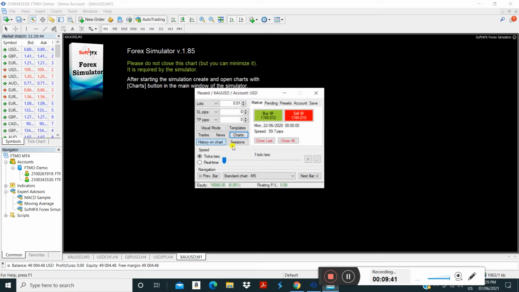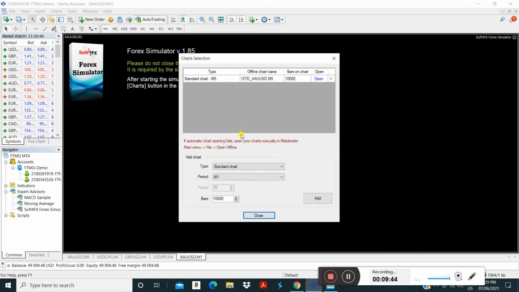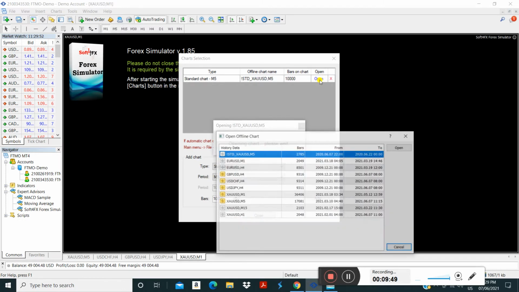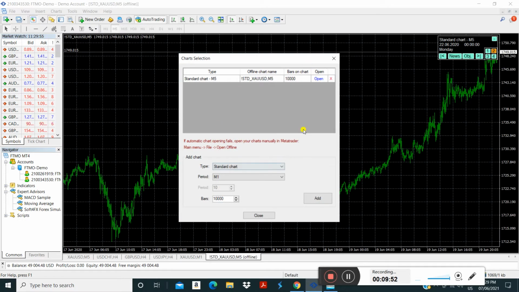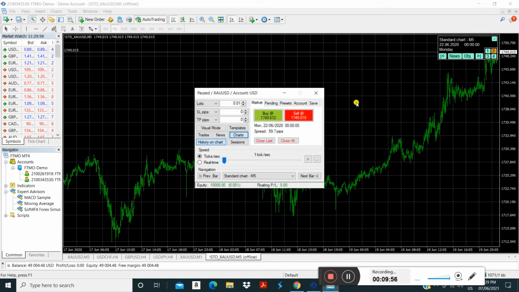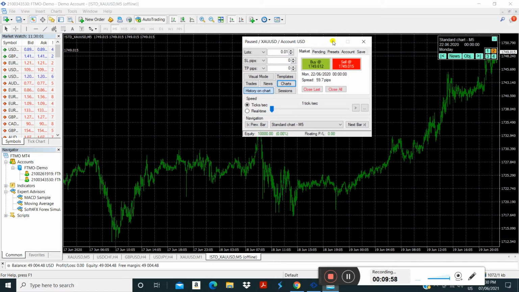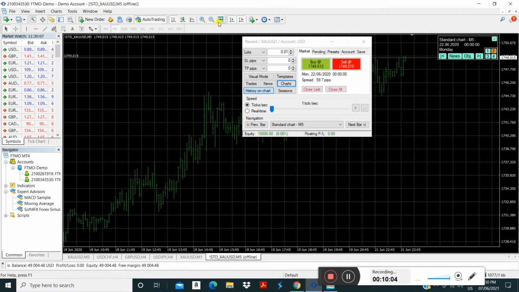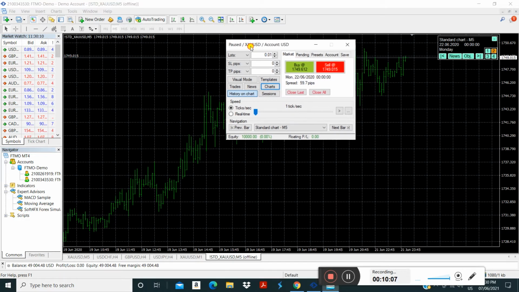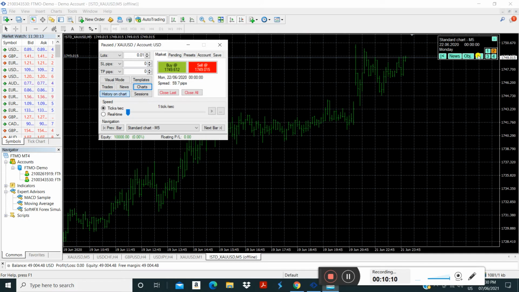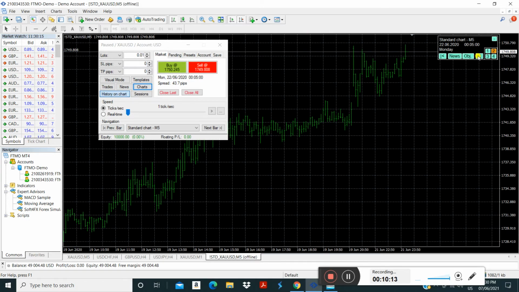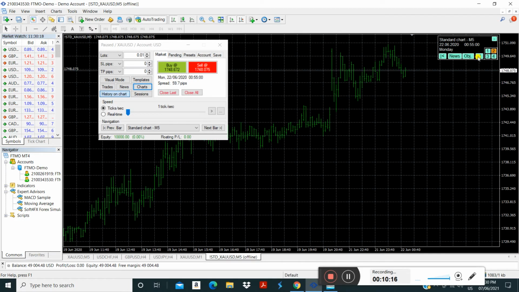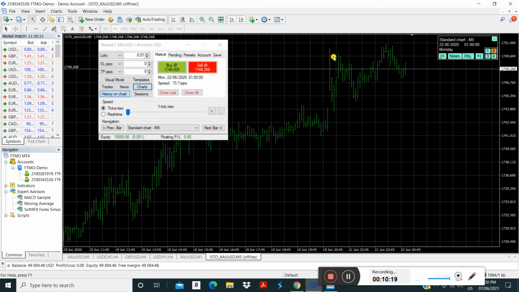Now close, and now click on chart. It's already added here. You click on open. Okay, click on open from here. Now this chart has already been opened. Okay, now you will be given this data. You can see this is whatever the data is, you can click it, and then you can go for this bar by bar. You can click it and then you can get the bar by bar, and you can draw your Wyckoff analysis according to your data, and you can just place your trades.